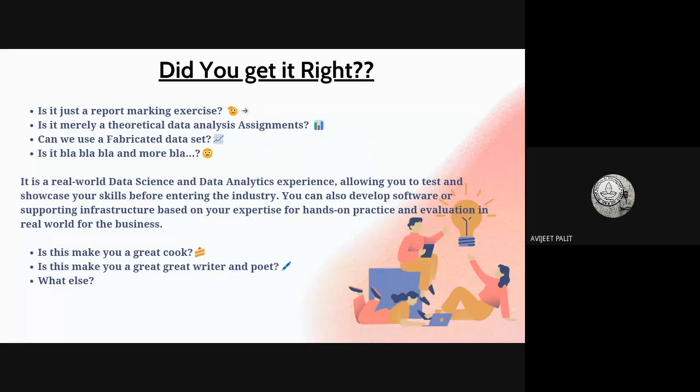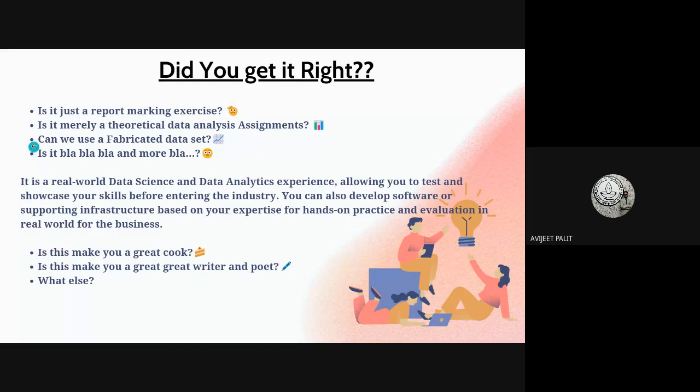Or is it merely a data analysis assignment? Obviously it is not. You have to model the real scenario into ideal scenarios first, and then utilize all the data analysis skills that you have learned in this program or elsewhere to get the thing clearly. So it is a part of it, and again it is not the whole project.